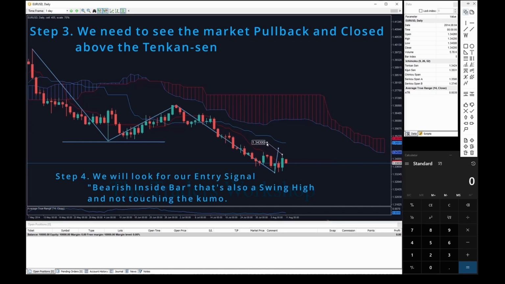If we confirm the high of the mother bar, and the inside bar using the price label tool from the drawing panel,